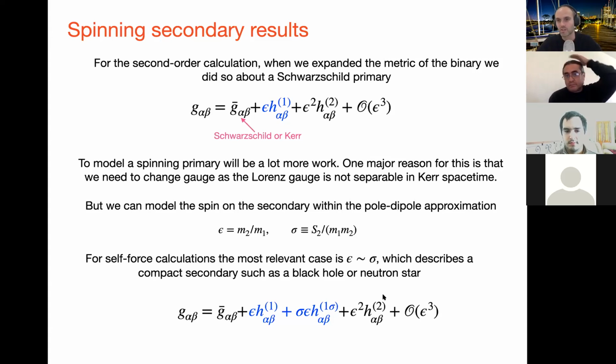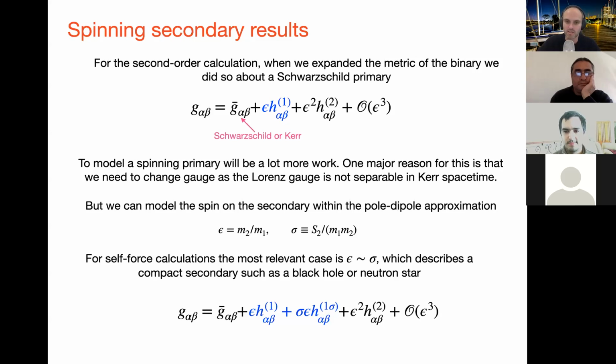Of course, you could try and compute second order corrections, including the spin. They would then appear and compete with the third order corrections. And so no one has attempted that yet because we haven't given any thought yet to doing third order because it's very difficult. So in terms of spins on the secondary, it's not necessary to go any further because although you might be able to do it, you don't have the other piece that contributes to the same order. And so without the two pieces, you haven't got the whole picture, and it's only complete when you do.